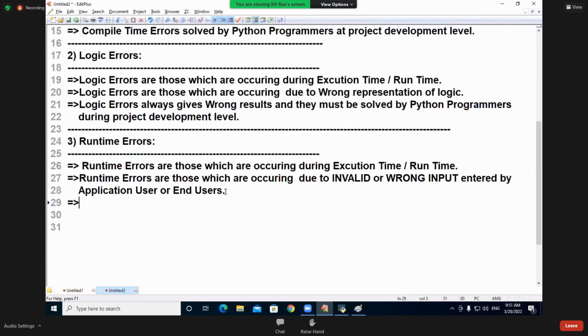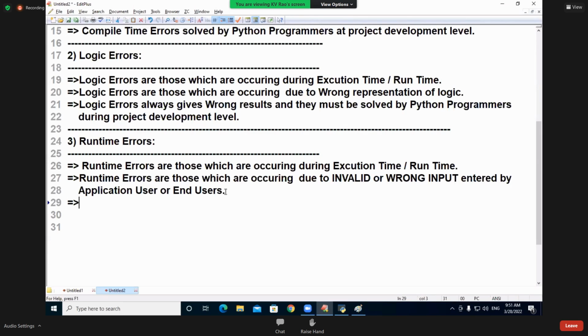What is the next one? Generally, whether you take Java or Python or any programming language, whenever the end user enters wrong input to any Python program or Java program or C++, even Oracle or .NET, by default the runtime environment, like PVM, or JVM in Java, right?